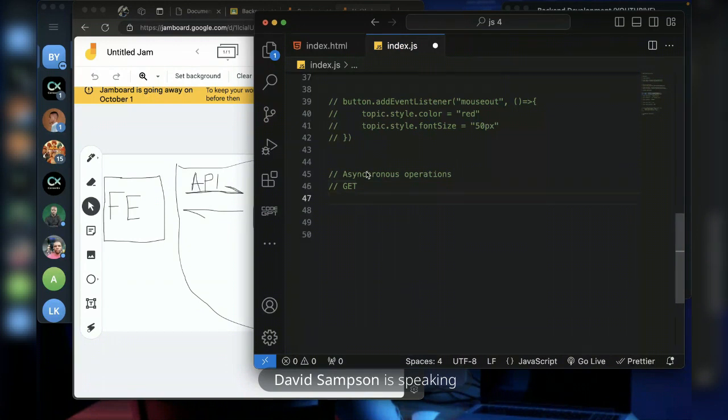The second one is a POST request. The third one, a PUT request. The fourth one, a PATCH request. And the fifth one, a DELETE request.